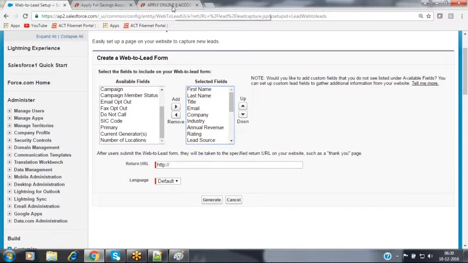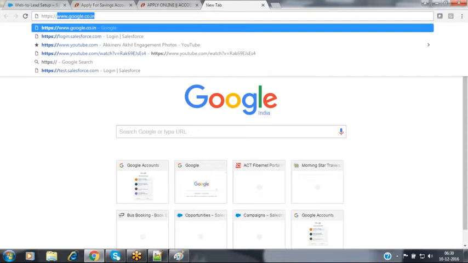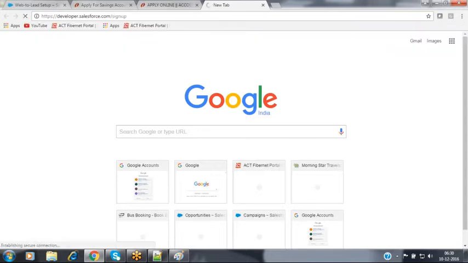Suppose, for example, to create a new Salesforce account, I'm opening that form, developer.salesforce.com/signup, in order to create a new Salesforce account here.